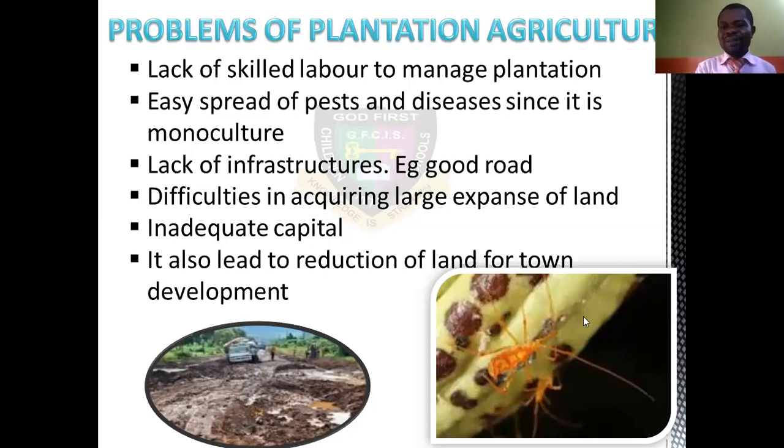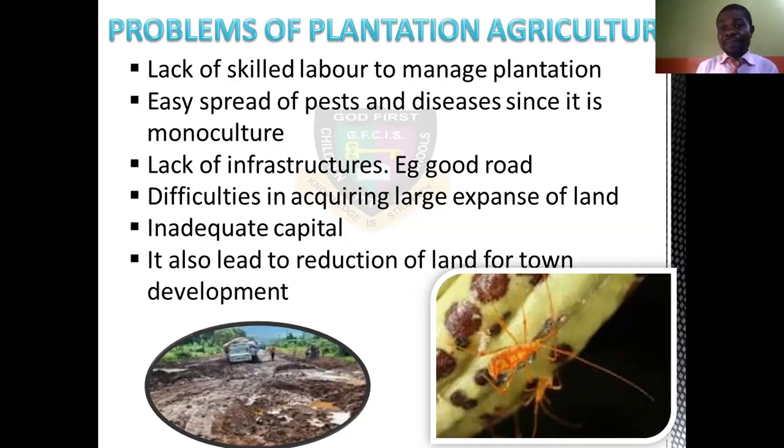There is also easy spread of pests and disease. You can see this now. If this cocoa is about to get matured, these pests are feeding on it and eating it. They have turned it black, black, black. They are destroying this product. What you have labored for almost a year, pests or some insects will just come, or disease will destroy almost all of it. It's a problem both in West and East Africa, because it's monoculture. Once disease affects one, it will spread to the other.